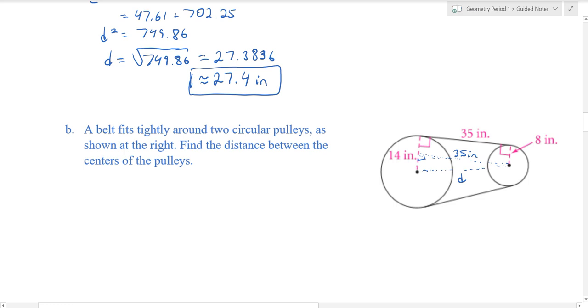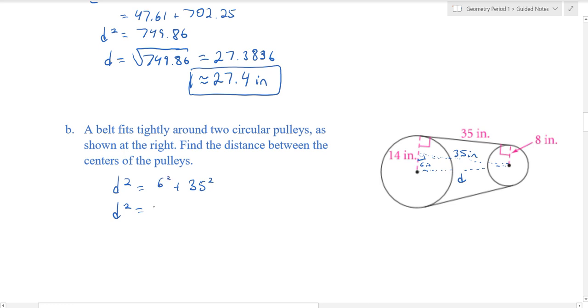The length right here is no longer 14 because I moved that line the same distance as this small circle's radius, which is 8 inches. So I take 14 and I subtract 8 and I get 6. So this little length right here is 6 inches. All right, then we're going to be using the Pythagorean theorem because D right now is the hypotenuse, the side opposite my 90-degree angle right here. So I can say that D squared equals 6 squared plus 35 squared,